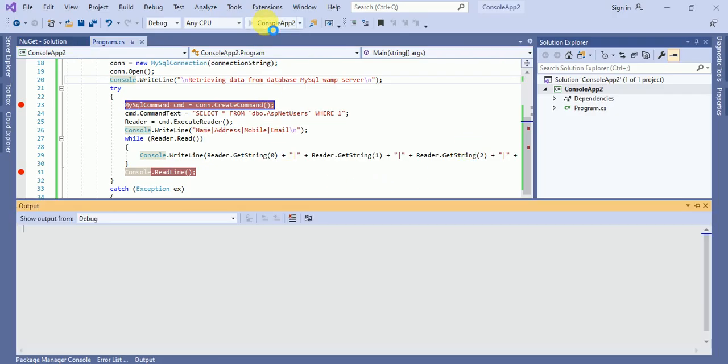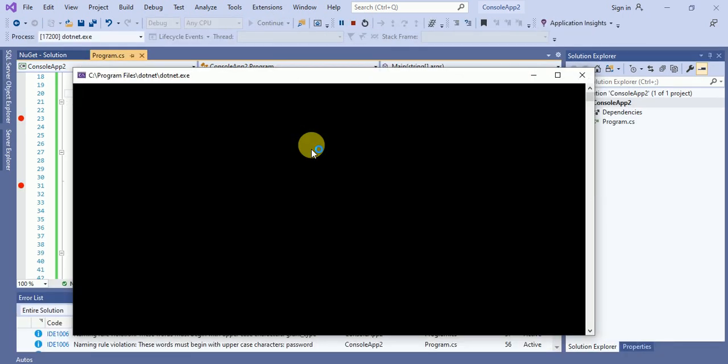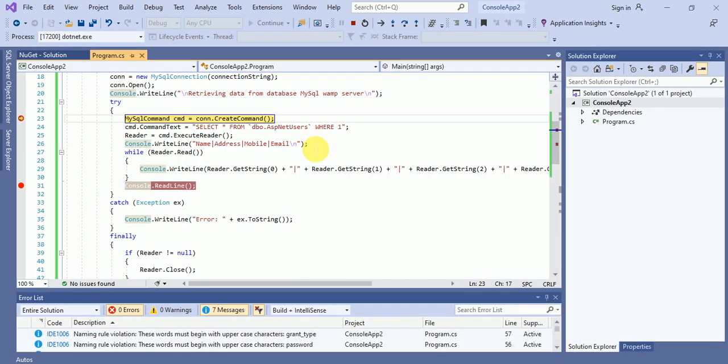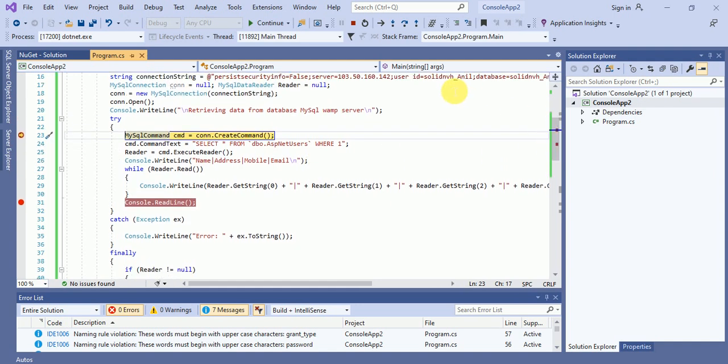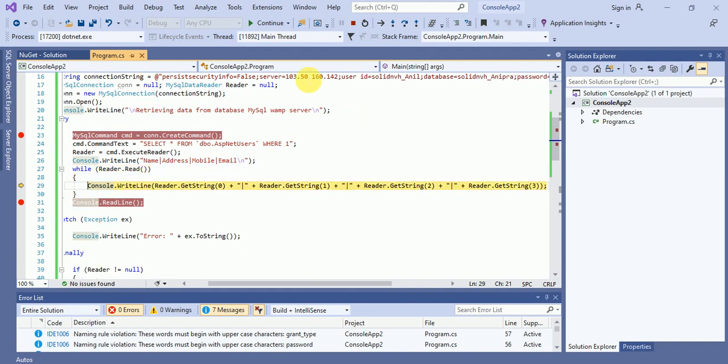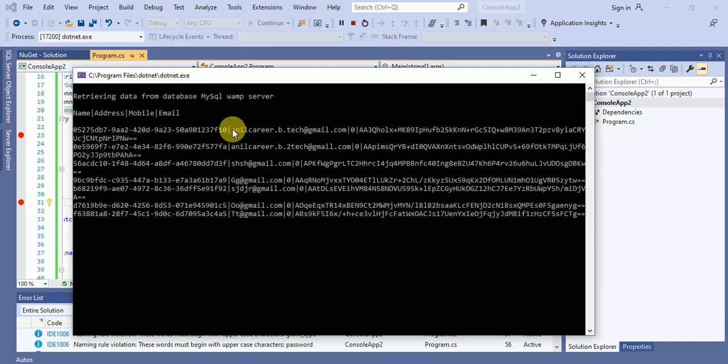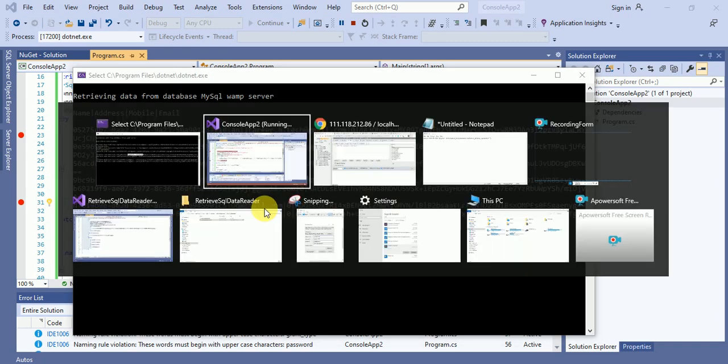Once I click on this button, here you can see this is the connection string. con.open, my connection has been opened, and I will execute the command, and here you can see the command has been executed. Now I'll press the continue button, and here you can see the data. I got the data, shs@gmail.com ggg000, the same database you can check over here.